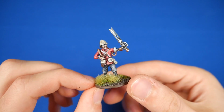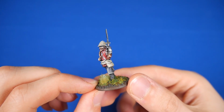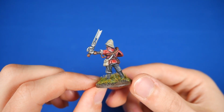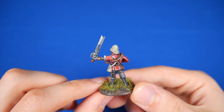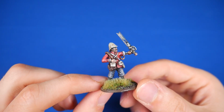Yeah, the sergeant, I would assume, if he's leading a platoon. And this guy, I really like this guy. It was a challenge finding a bionic arm to fit identically to the box art. Yeah, because he's pointing on the box art, isn't he? But initially I did try a bionic arm which was pointing, but it didn't quite have the right scale. So I changed it and gave him this sword. And again, this is from the